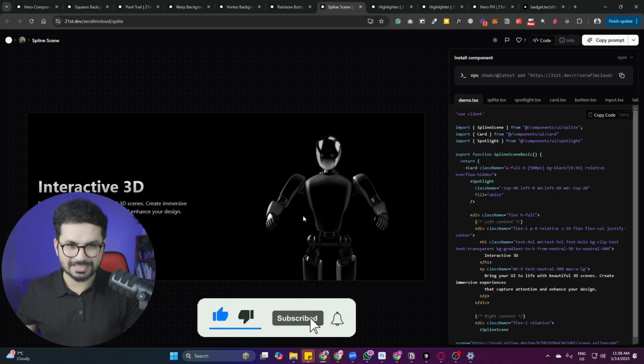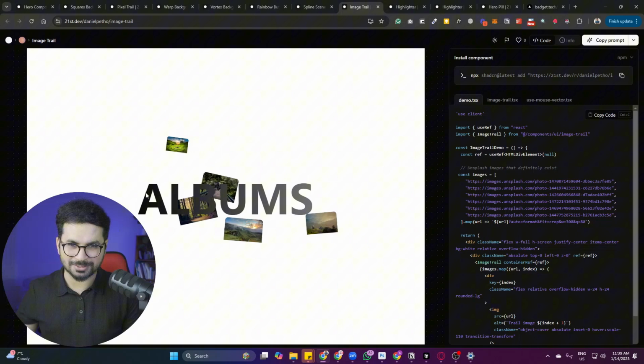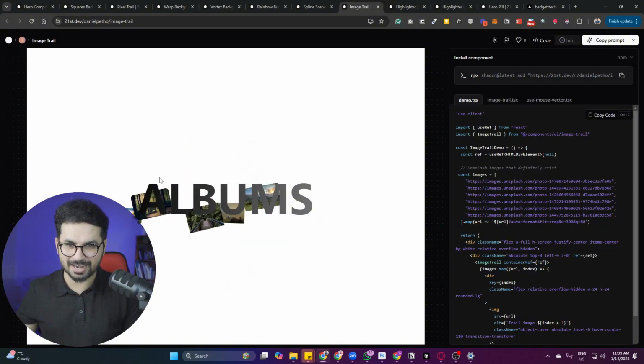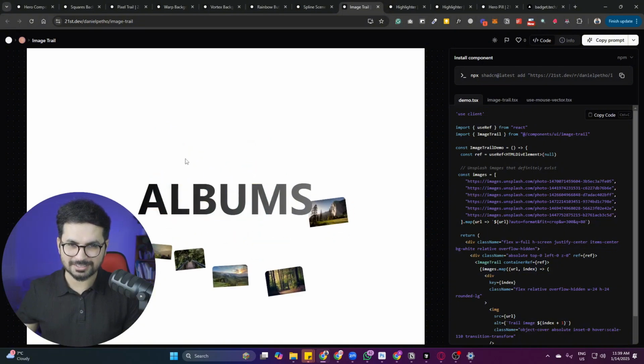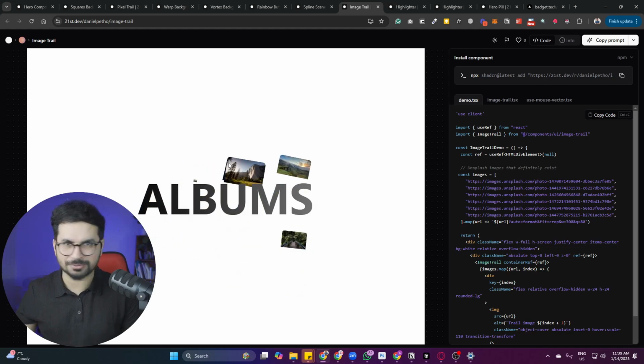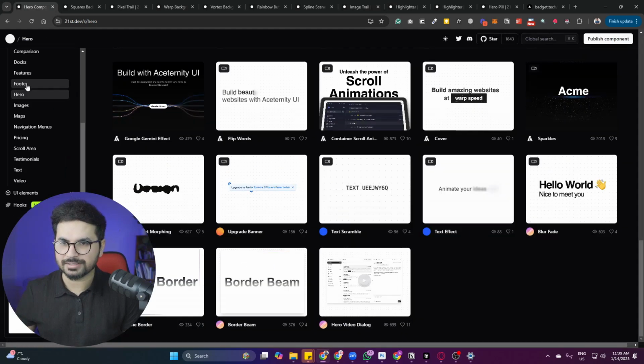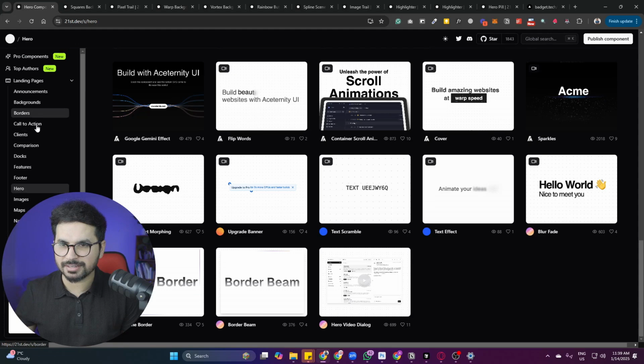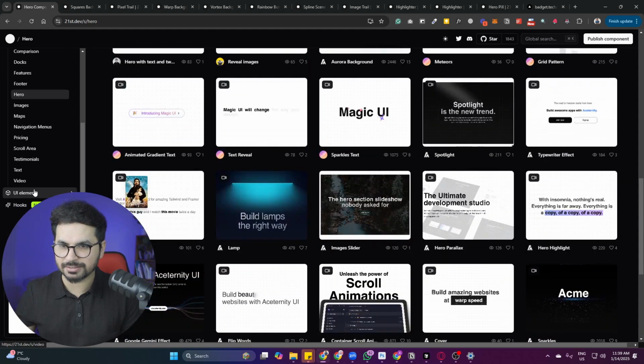Look at this. This is an interactive 3D design that you can directly add into your project. Look at this albums component. Imagine if you just add this into your project, and it can make the interactivity of your website just amazing. Similarly, there is a UI elements section, and inside it, you can add